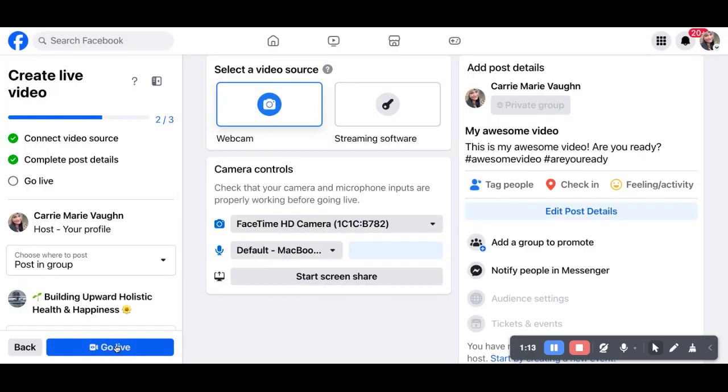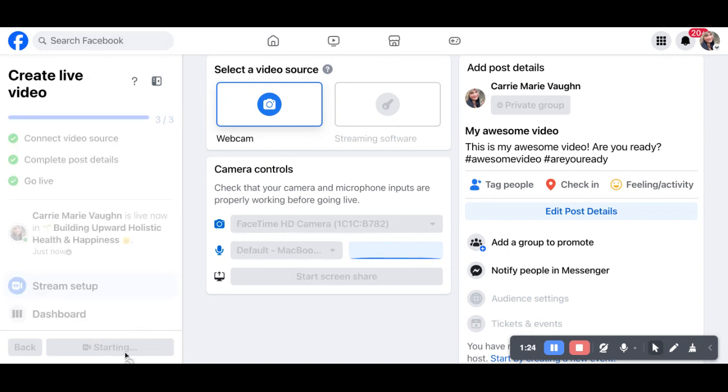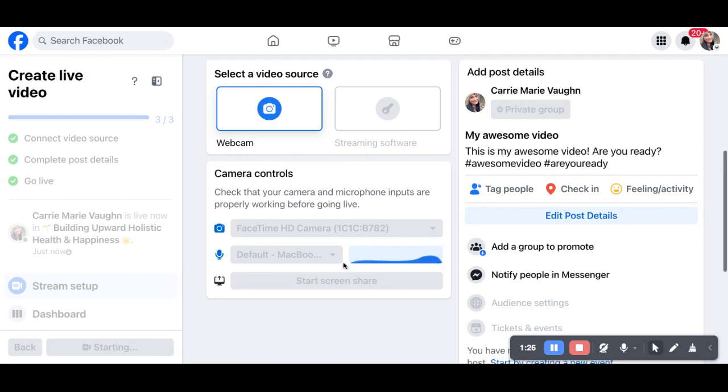and then you are ready to go live by clicking the go live button, and it will count down 3, 2, 1, and then you will go live. So if I click it, I am now live. And I'm going to go ahead and cancel this out because I don't need to be